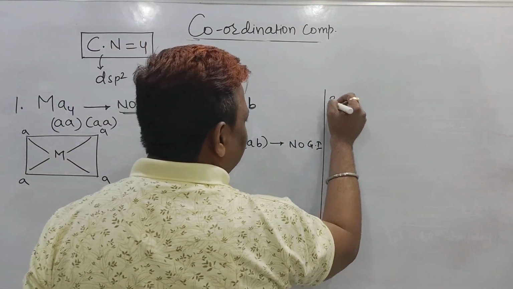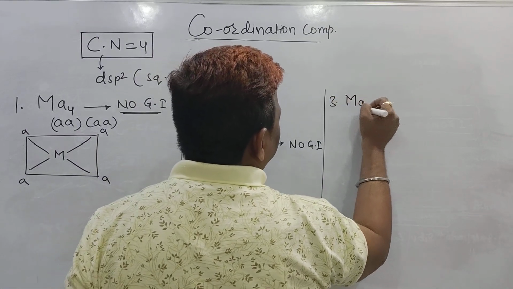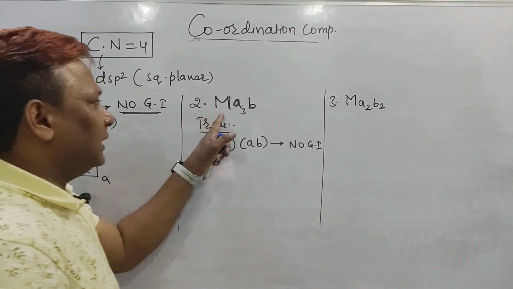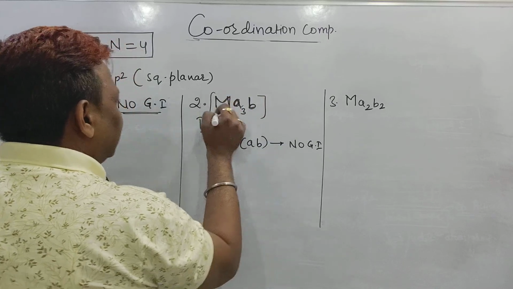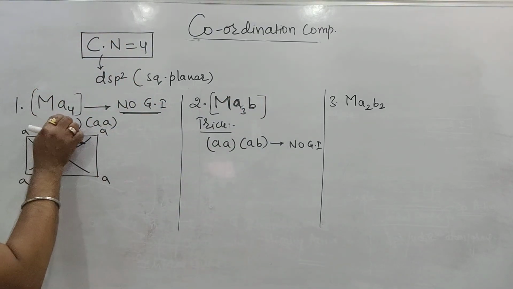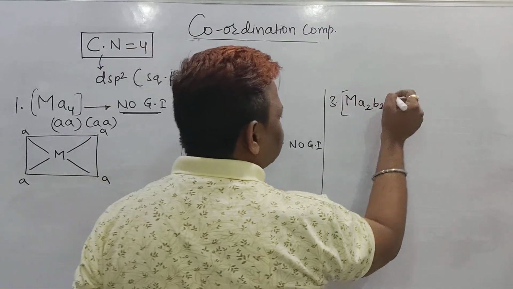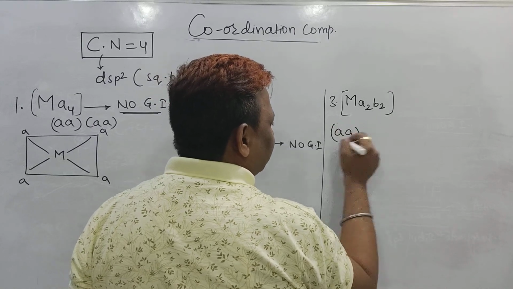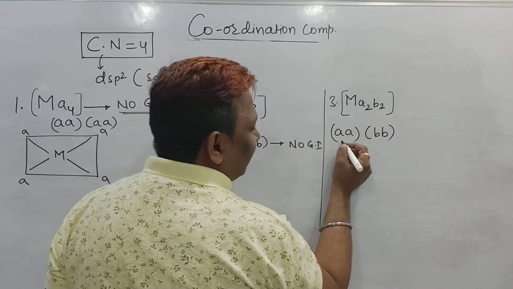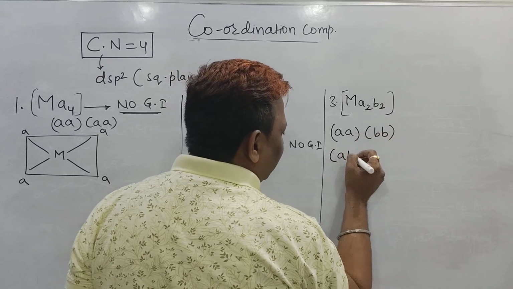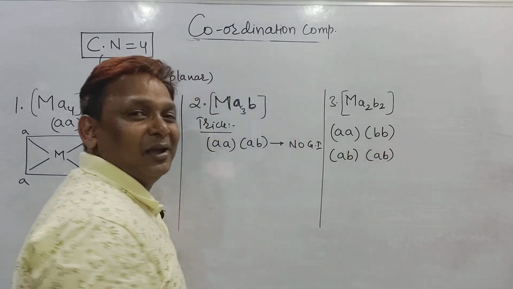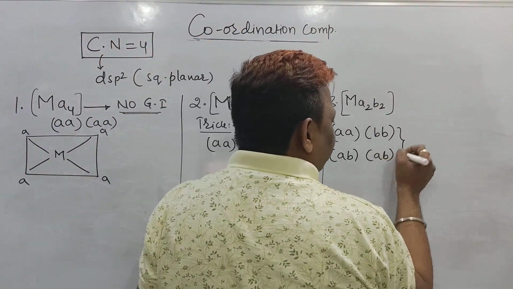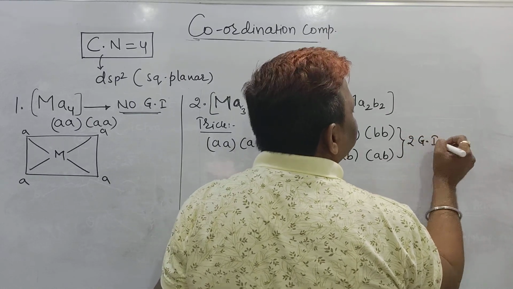Just a minute. Third one. Sir, I am having central metal atom M and the ligands A2 and B2 are there. See beta, coordination number 4, coordination number 3 plus 1, 4. Check it here. Coordination number for this metal 4, for this metal 4, even for this metal also 4. But try to make the pairing of it. AA is the pairing and BB is the pairing. One more, AB, AB. So AB is the pairing and AB is the pairing. But how many possible arrangements are we able to make, sir? Two arrangements, which means this complex compound can show two geometrical isomers.